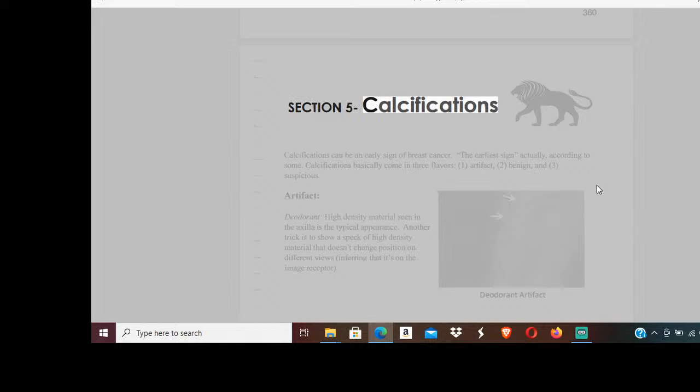Calcifications. Calcifications can be an early sign of breast cancer, the earliest sign, actually, according to some. Calcifications basically